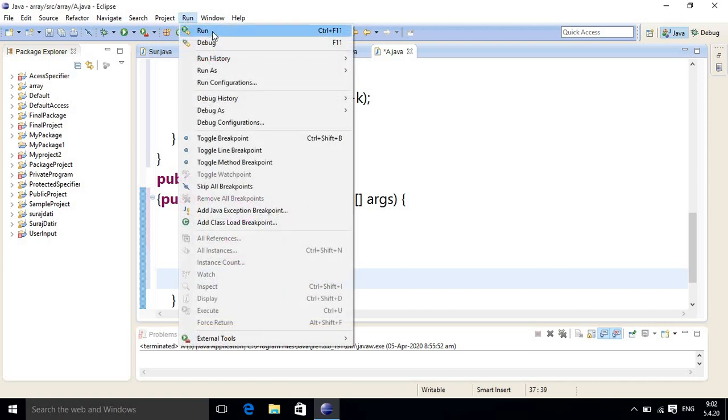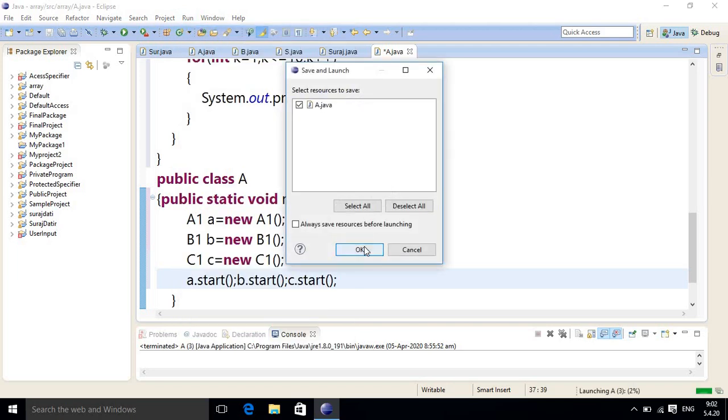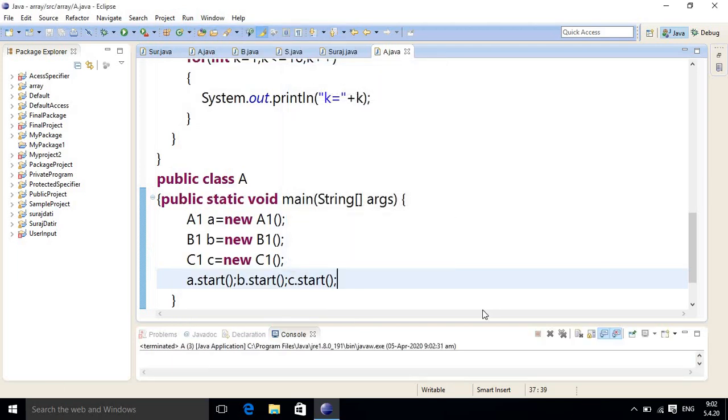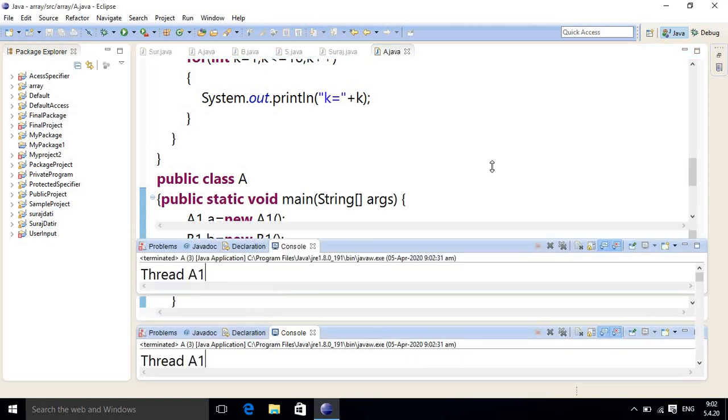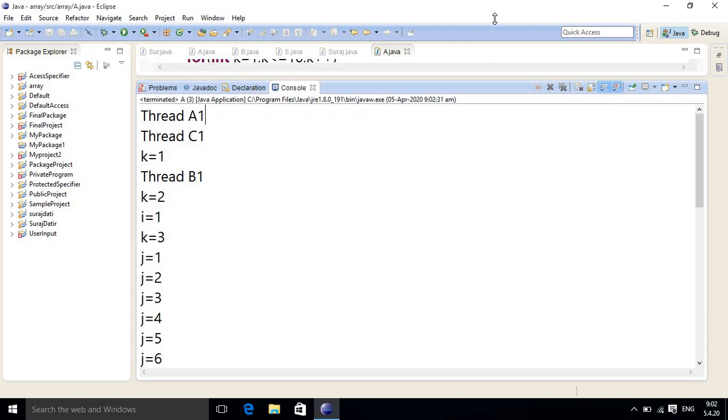Now it's time to check the output. Here I maximize this. Now you can observe, friend, here thread A is starting as usual first, and then it is giving a chance to thread C1 which is showing k equal to 1, then it is giving a chance to the B1 thread, and again it is going on in the B1 thread.